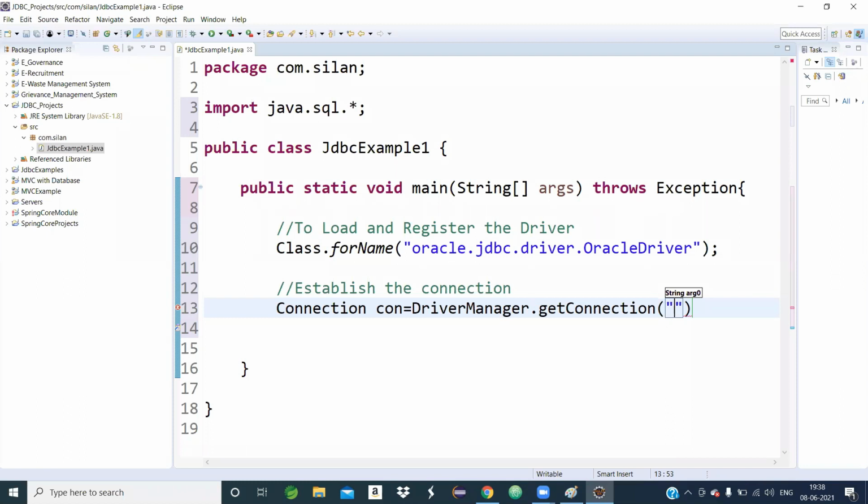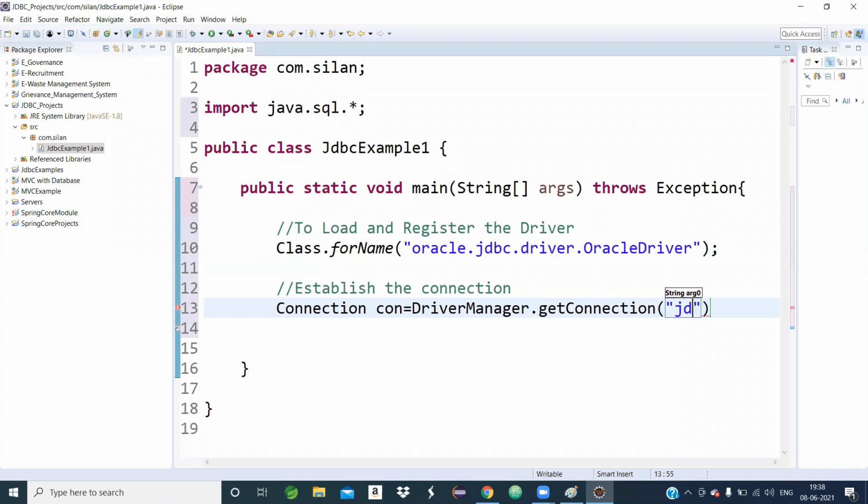First parameter is URL. So what is URL, that I will show you. Second parameter is username. So in our last class when I was opening the Oracle environment, the login credentials had come. So I had given the value of username and password. Default username is system, and the password is whatever you gave at the time of installation of Oracle. You will give that username value and password value here as the second and third parameter. So the first parameter is URL.